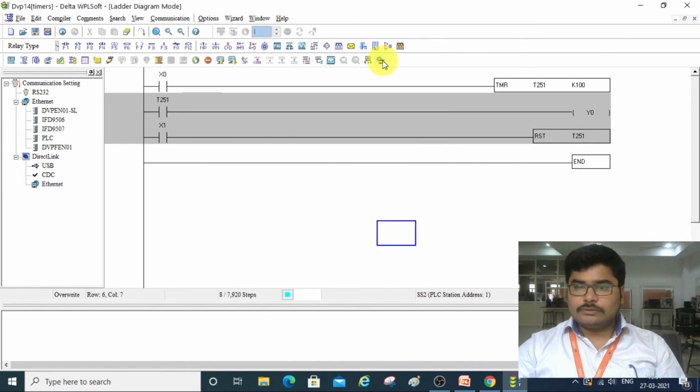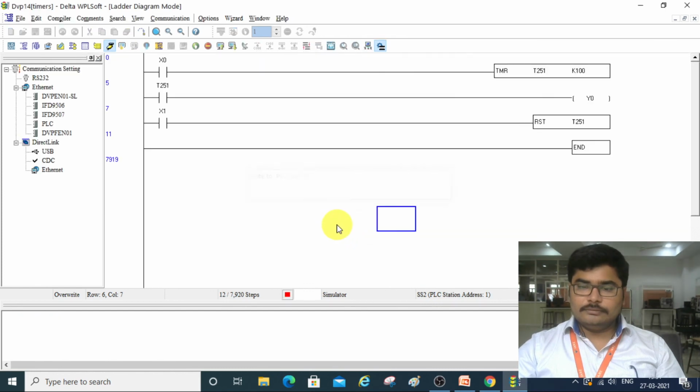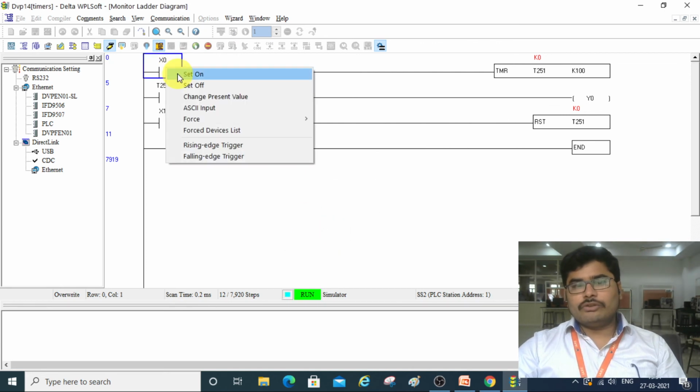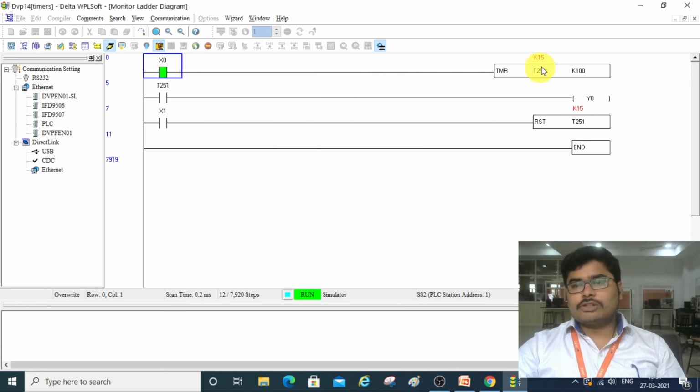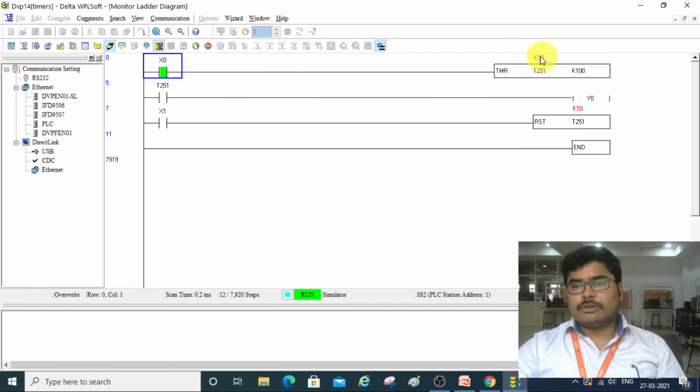Okay, so I run this. Now whenever you switch this on, your timer will start counting. In the middle, if you switch this off, it will retain its value, and again when the power supply is on, it will start from the previous value and count up to 100.